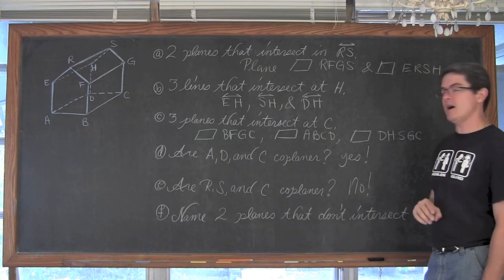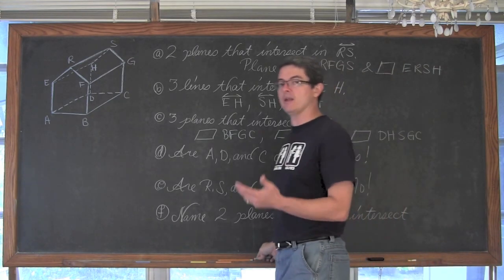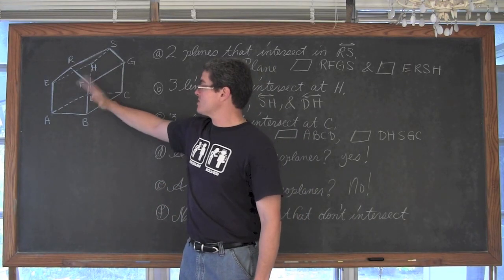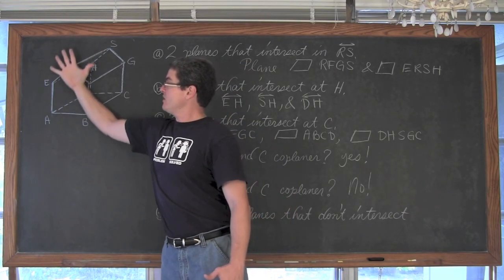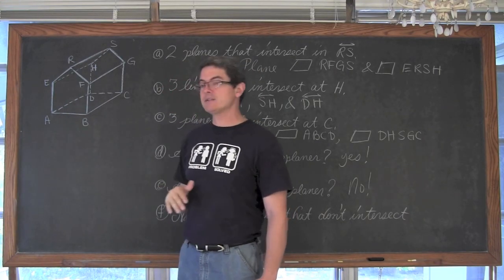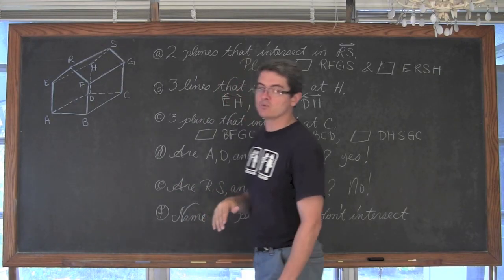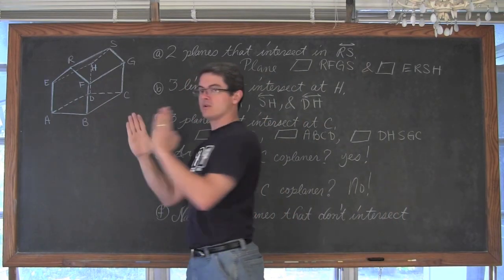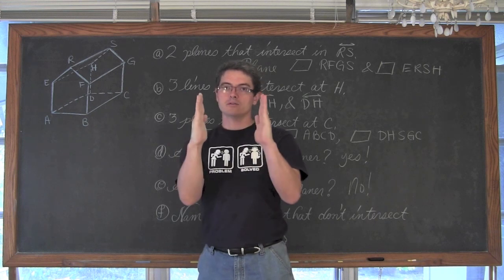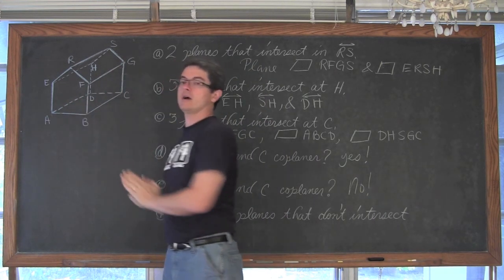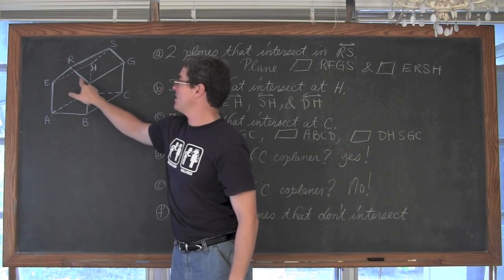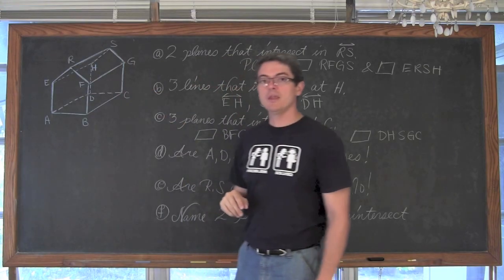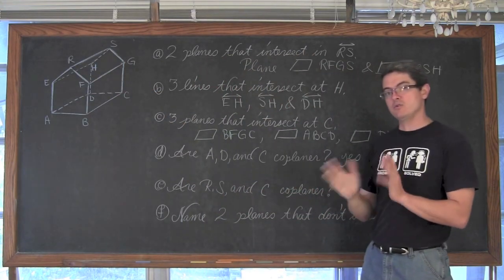Name 2 planes that do not intersect, 2 planes, if you will, that are parallel. Well, let's see here. The right side of the house intersects with the bottom plane. The front plane coming down vertically is going to intersect with this one that's flat. We need 2 that do not intersect. Well, we want to look at either the front and back plane, because they're not going to intersect. So the front plane and the back plane are not going to intersect. So plane AERFB is not going to intersect DHSGC. So that would be a possible answer, the 2 pair together.